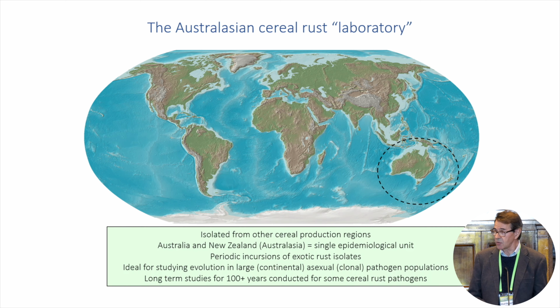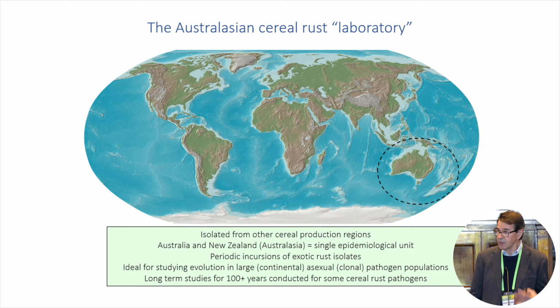So we've detected a new strain of wheat rust in Australia, and within a year it's been present in New Zealand. So in some ways, I was a little surprised that it took so long for myrtle rust to appear in New Zealand, given that previous experience with cereal rusts. We know we've had periodic incursions of exotic cereal rust isolates over those many, many years we've been monitoring them. And of course they've had huge impact, and we see that now also with myrtle rust. So this is very unfortunate, but on the positive side, if I may try and put a positive spin on it,